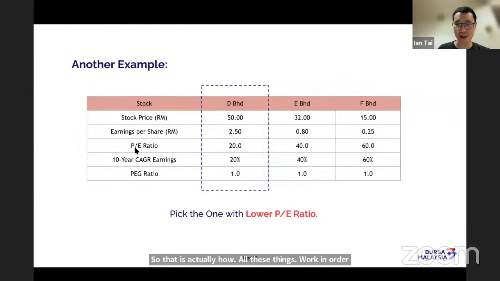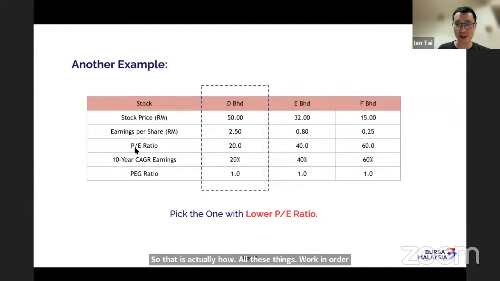So what do you do with this stock? Typically for investors, you can just throw away this company lah. No need to put it into your portfolio. Why? Simply because if you are into calculating CAGR, you always want to include A Berhad, as many A Berhad as possible into your portfolio. Okay? You only want A Berhad. B Berhad, you can actually throw it into the rubbish bin. So no need to consider B Berhad.